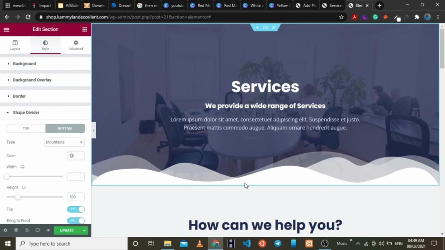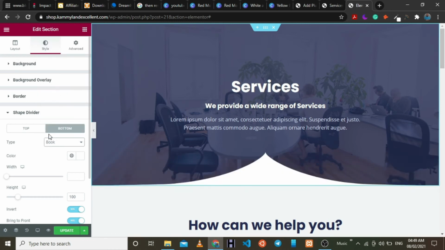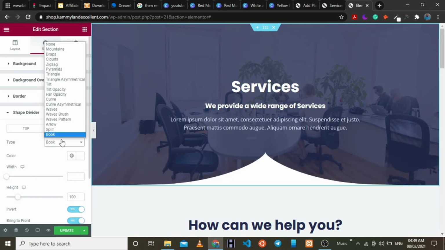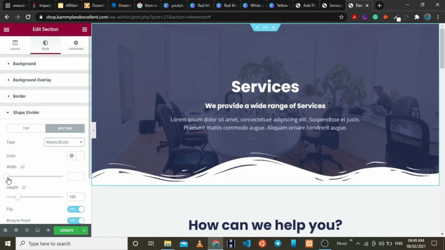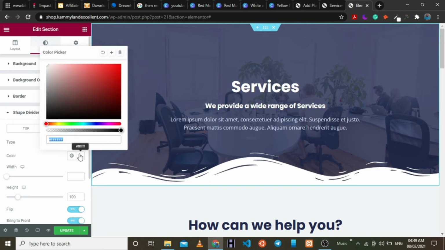Right, as you can see, this is mountains. You can add a book. You can always add whatever design you want. You can have a wave. You can add the width, you can add the height, you can add the color. You can change this to